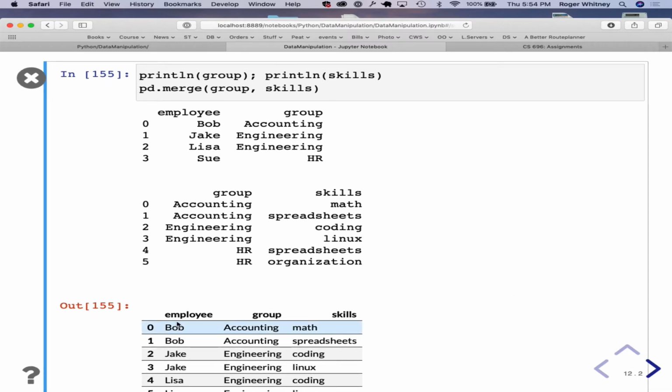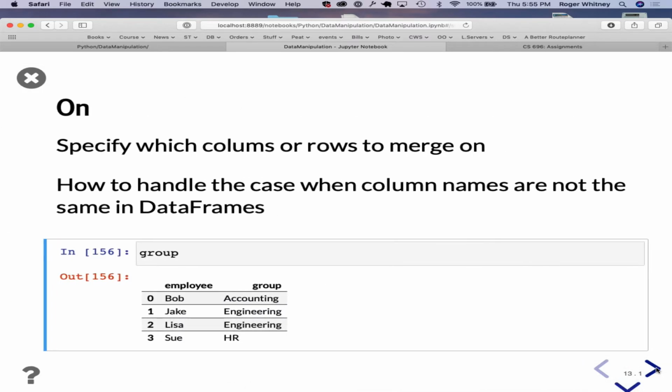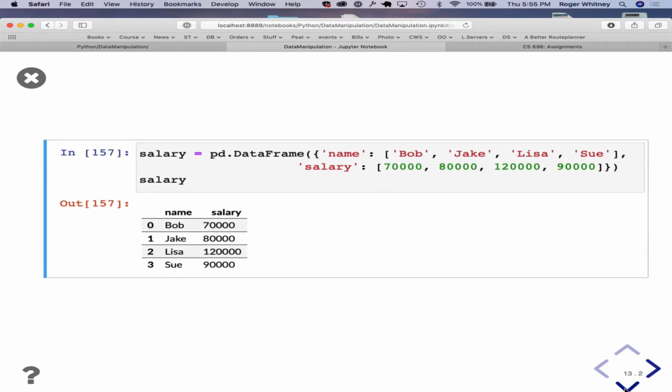Now we're getting, Bob's in accounting, so he has... so here's our group, right? And various people in the group. Got their salaries.